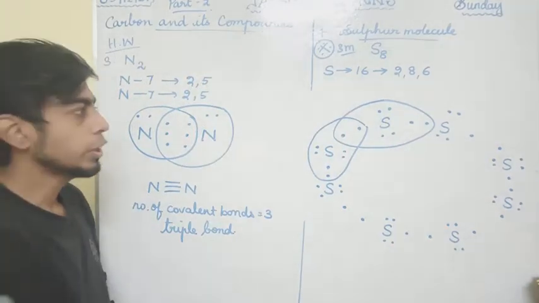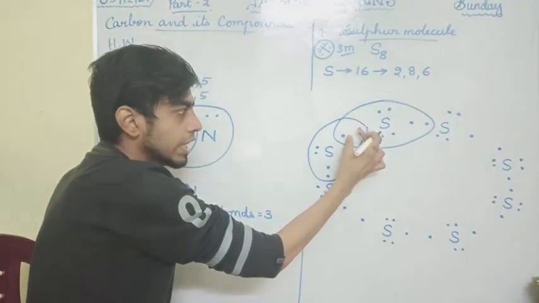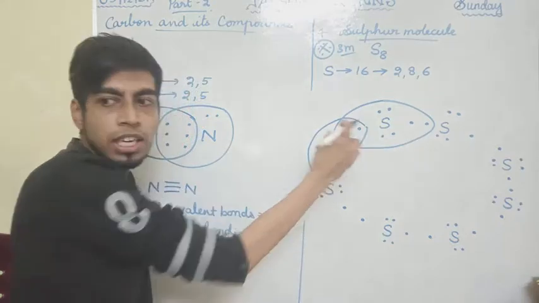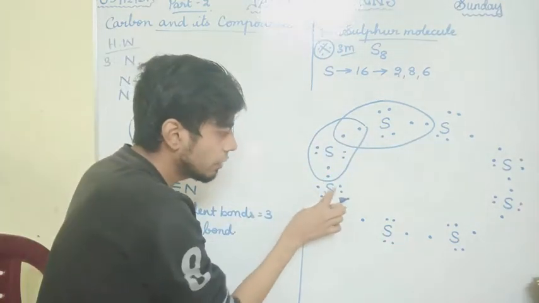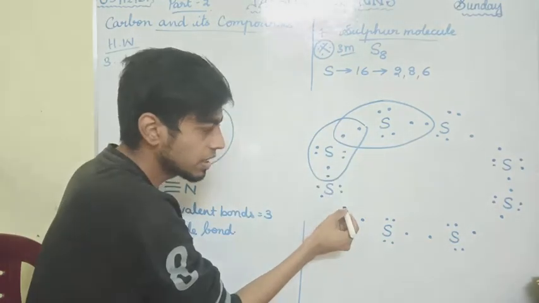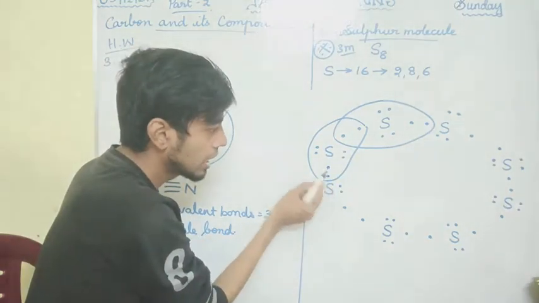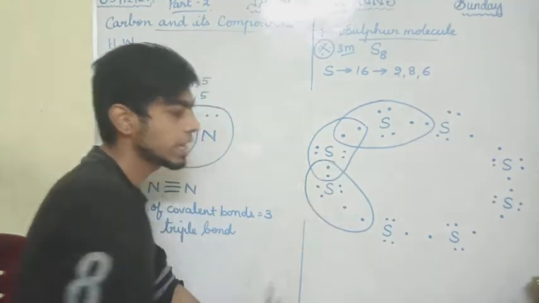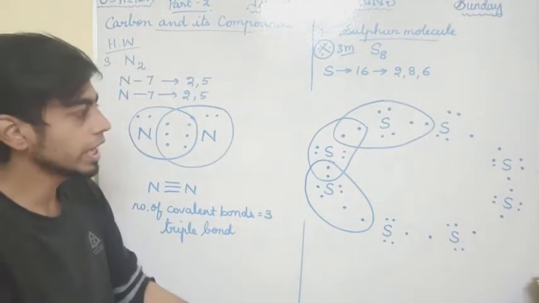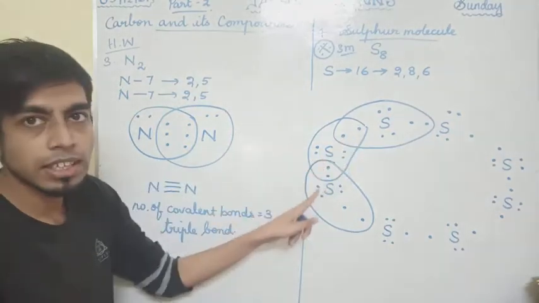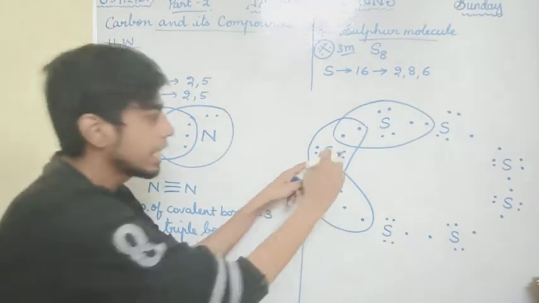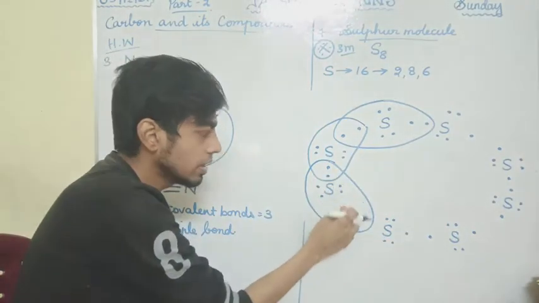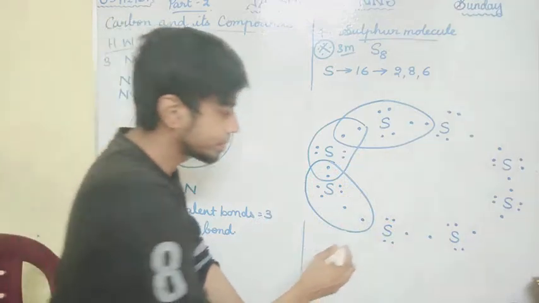See to that in all the intersections there should be 2 dots. In all the intersections how many dots should be there? 2 dots should be there. So this sulfur already has 4, the 5th dot we kept this side, the 6th dot we kept this side. Now the 7th electron from this sulfur and the 8th electron it will share from this sulfur. And see to that the intersection is having 2 dots and in a circle there should be 8 dots inside. So see to that.